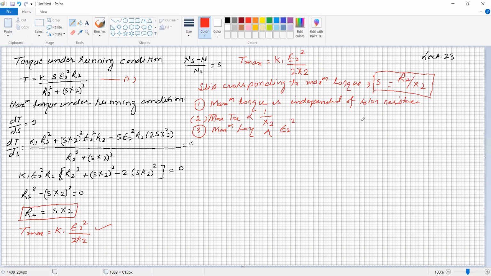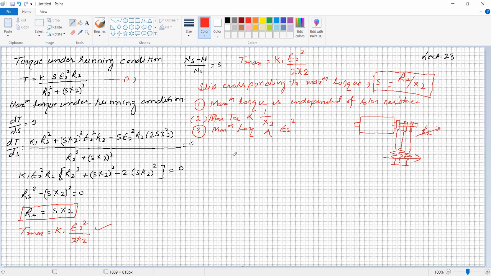Say, for example, this is the rotor winding of the three-phase slip ring induction motor, where the rotor winding is connected over three slip rings. Now, by inserting some external balanced three-phase resistance in the rotor circuit, the resistance gets added. So your R2 becomes a variable one. Here R2 becomes a variable one.